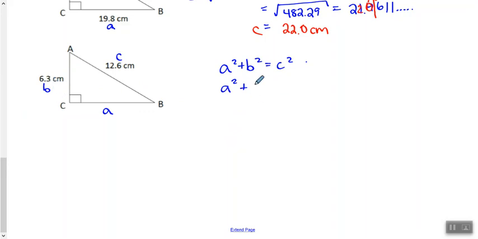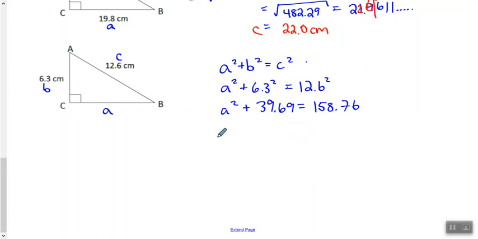So b squared, 6.3 squared, equals 12.6 squared. Okay, so then math, got to do our exponents first. There are no brackets, so exponents. So a squared plus 6.3 squared, which is 39.69, equals 12.6 squared, which is